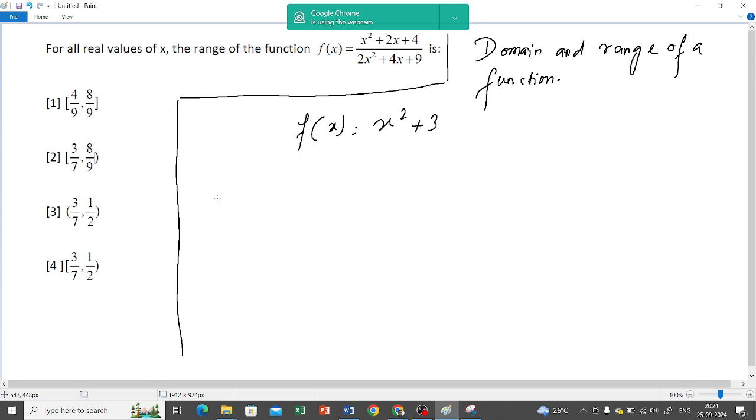Okay, so what is the meaning of that? For example, if I put x equals to 1, what is f of 1? 4. If I put x equals to 2, what is f of 2? 7. If I put x equals to 3,